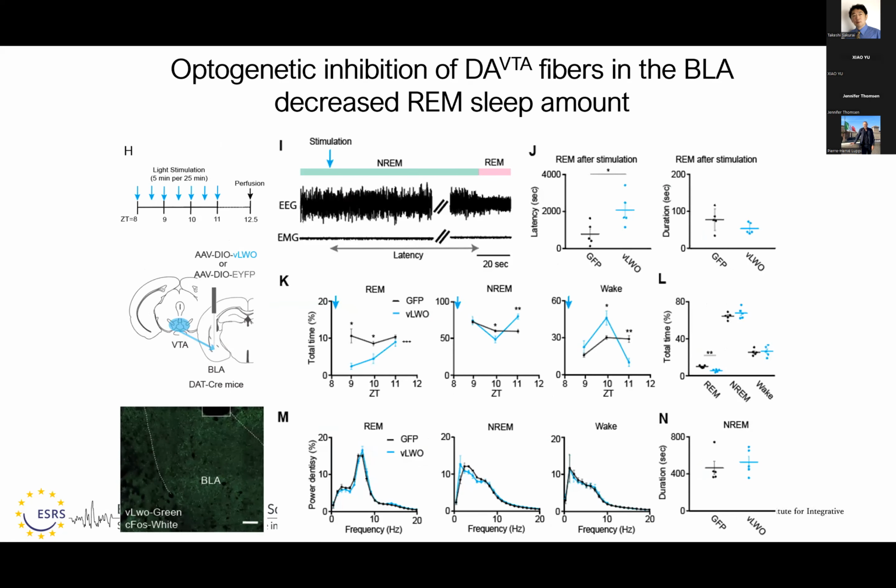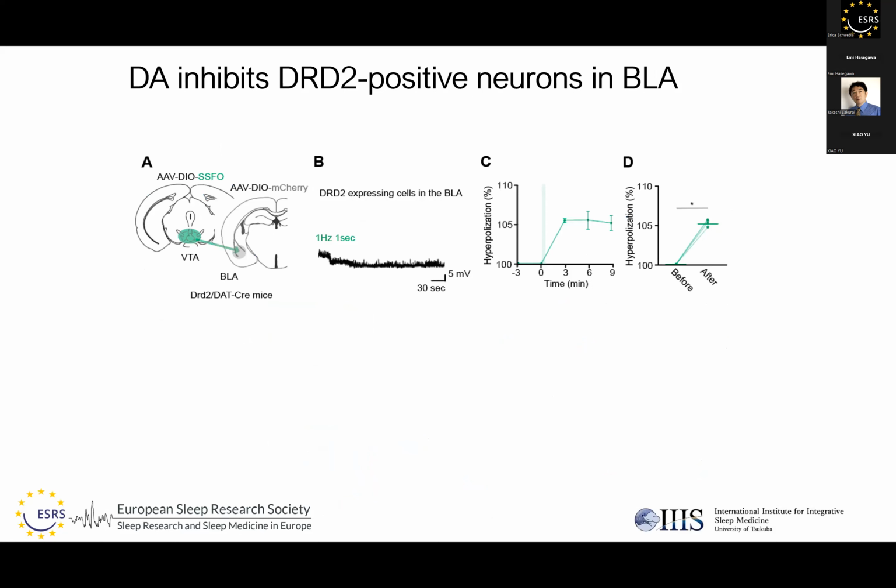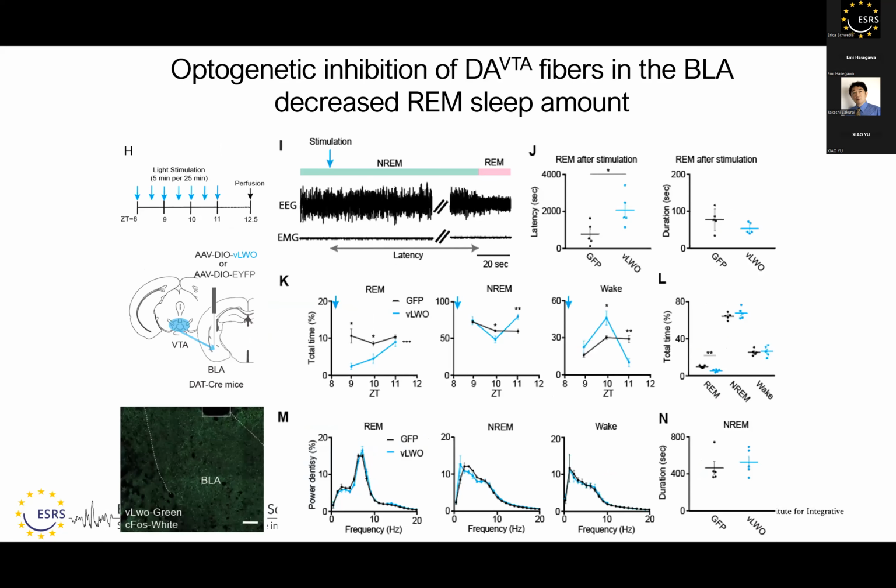We further evaluated the effect of inhibiting the BTA-DA BLA pathway on REM sleep. For this purpose, we employed vertebrate long wavelength opsin, VLWO, which couples to the Gi subclass of G proteins and transiently induces hyperpolarization by applying light. We delivered AAV DIO VLWO in BTA-DA neurons and implanted an optic fiber in the BLA of